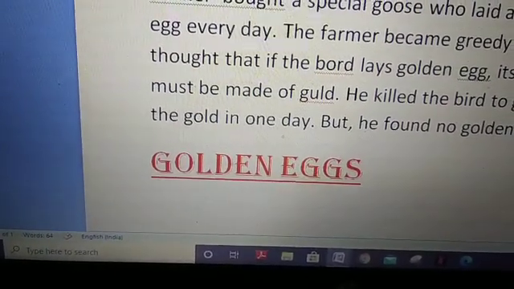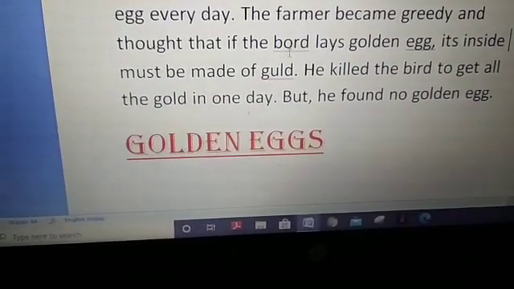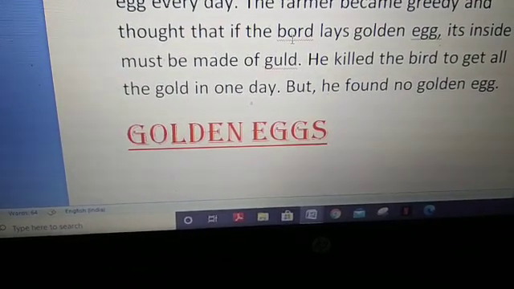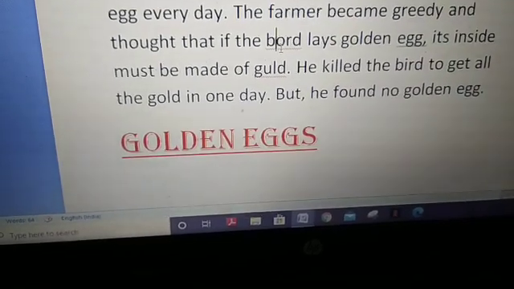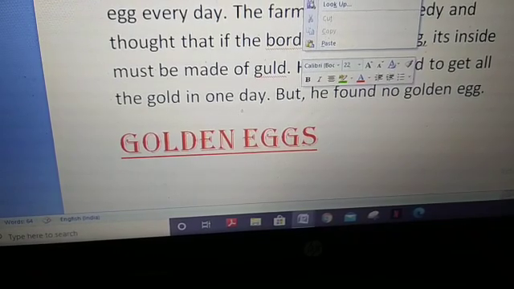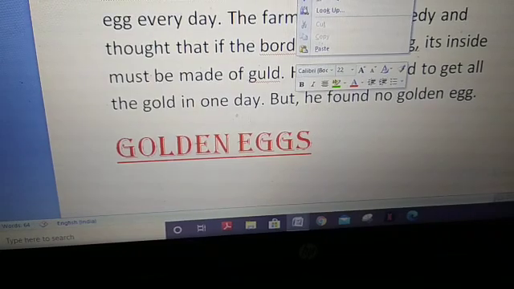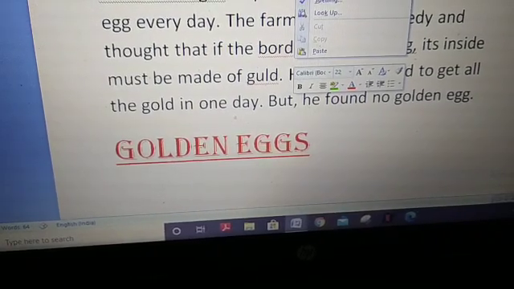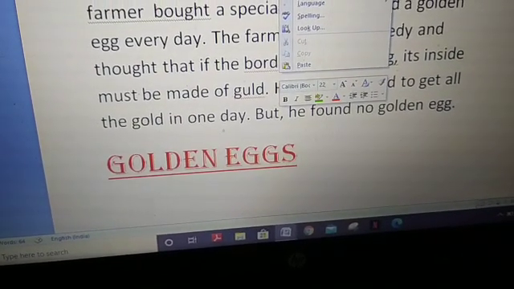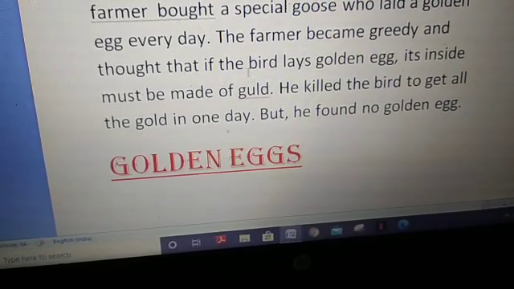Now we have to correct it. It's very simple. Place your cursor over the incorrect, misspelled word. Wherever you click, the cursor comes there only. Then do a right click. Now you see BOARD, BIRD, BORED. These are correct spelling words. Whichever suits your document, you have to select that. So bird, BIRD. Spelling is correct now.